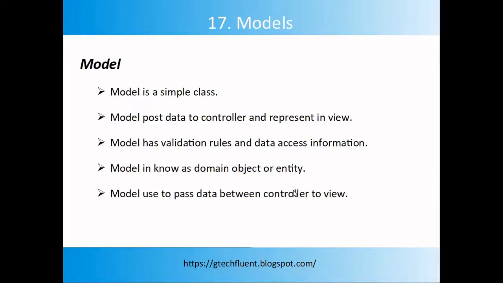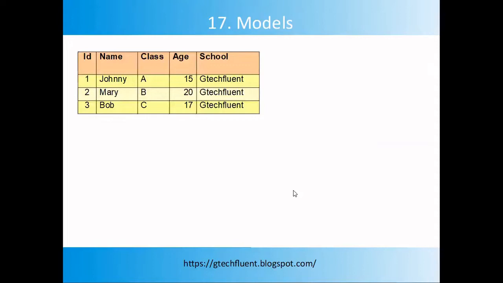Let us now take an example to display student information like ID, name, class, age, and school name. So we need to display this data in the view. While creating the model to represent this data, we need to follow some steps. First we need to identify the properties, meaning the properties to be included in our class and the naming convention of our properties. Next, we need to identify the data type. Identifying data types is important to avoid future typecasting when we implement these models.